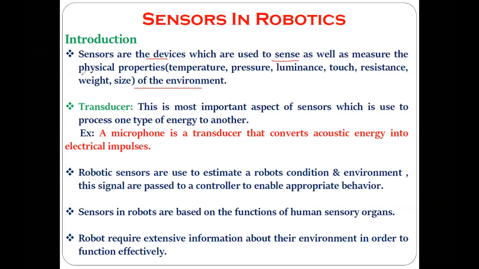In the environment, there are various physical properties like temperature, pressure, luminance of the light, touch, resistance, weight, size, etc. As human beings, we can easily measure these physical properties of the environment, because by nature we have this capability. But in the case of robots, we have to put all these capabilities inside the robot through devices like sensors. And within a sensor there is one most important component,